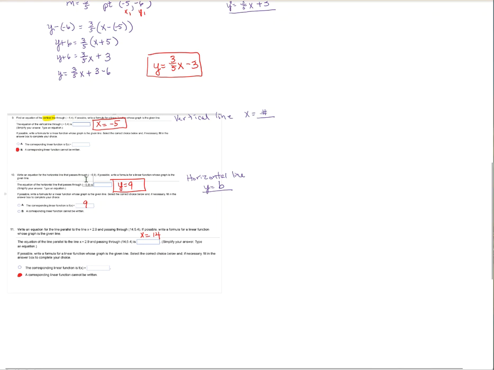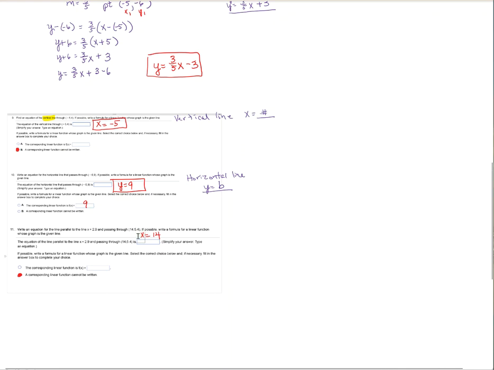This is the right one for a horizontal line going through this point. Well, the horizontal line is y equals b. It'll be y equals the y part of that. So y equals 9. The corresponding linear function is f of x equals 9. That's a constant function. Number 11, it's parallel to x equals 2.9 and passing through